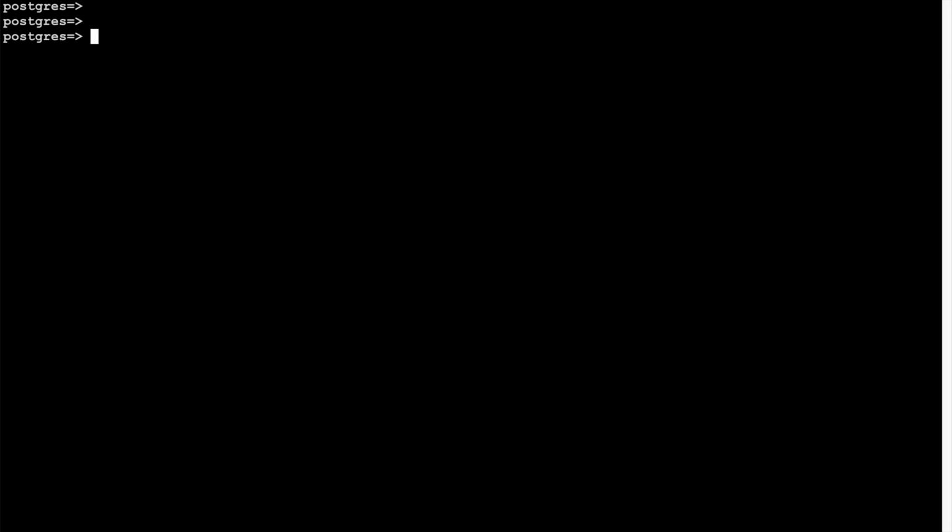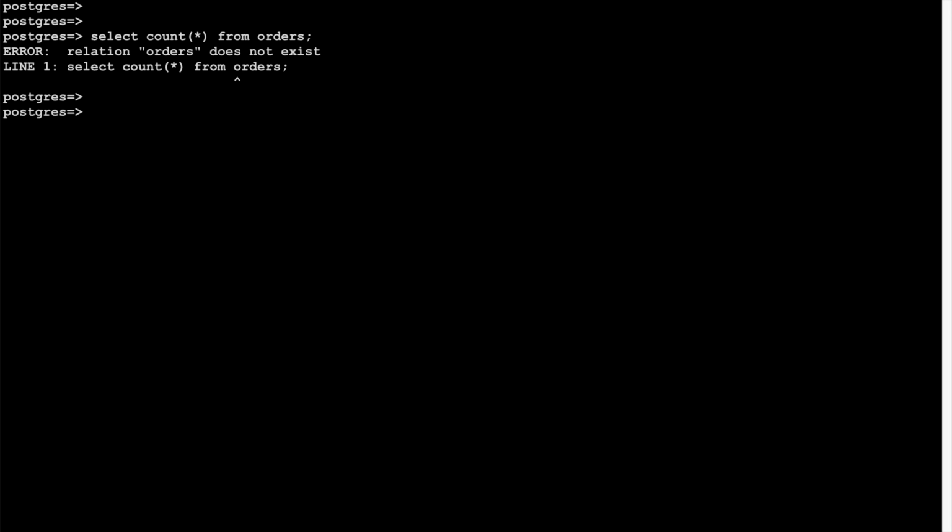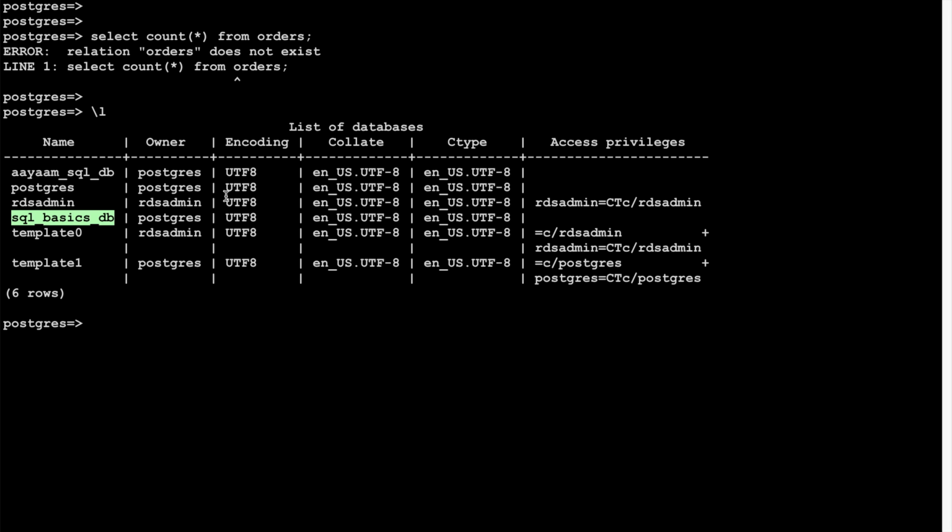Okay, so what I'll do is I'll start with the count operator. So what count does, it finds out the total number of rows of a particular table. So if I run select count star from orders, it will tell me how many rows are there in that particular table. So it is an error because I am using Postgres database. So I'll have to connect to SQL basics database,